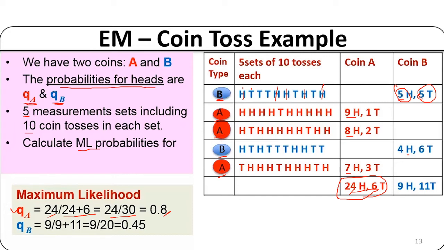Likewise, for coin B, I am going to find the total number of heads we got in the sequence of events, which is 5 plus 4, which is 9 heads, and then 11 tails. So in total we have 20 events. So 9 heads. We will find the probability by substituting the values: 9 upon 20, we will get 0.45 or 45% probability of getting the head. So this is a simple example of how we can find the probability.